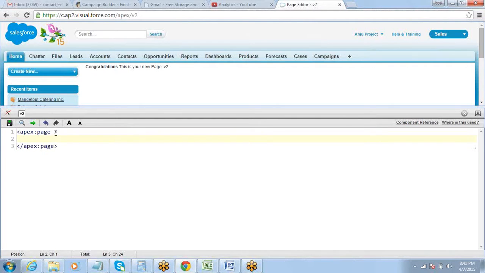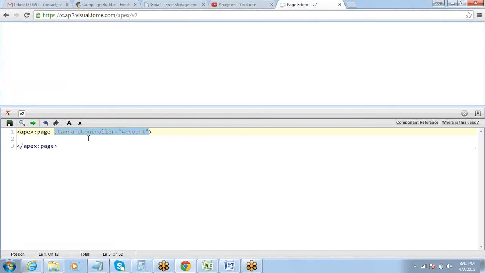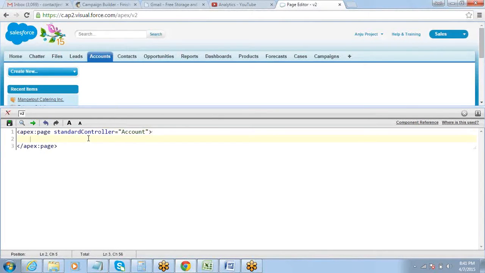And the controller needs to be defined as an attribute to the page component. So now this page gets connected to the account object. Now you can display data from the account object on this page, okay? And to display data from any field, this is the formula: account.field name. Since it's connected to the account object, we should write !account.fieldname.